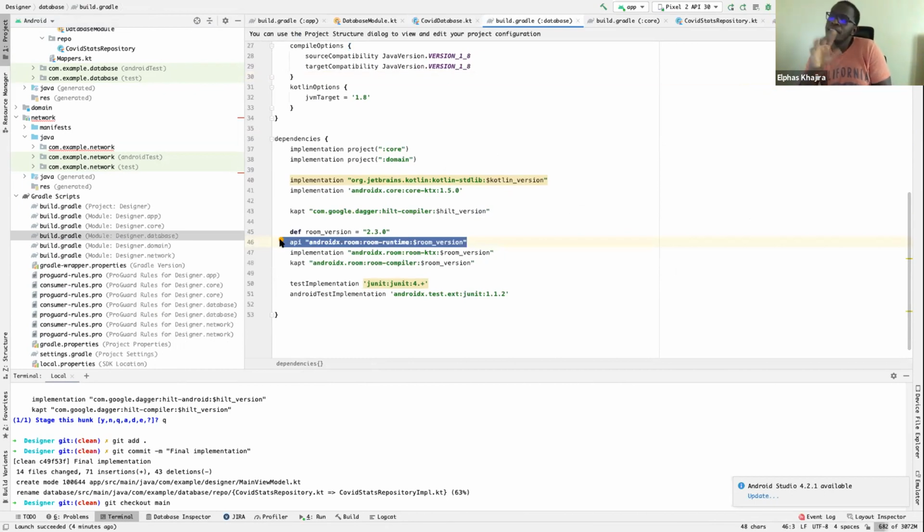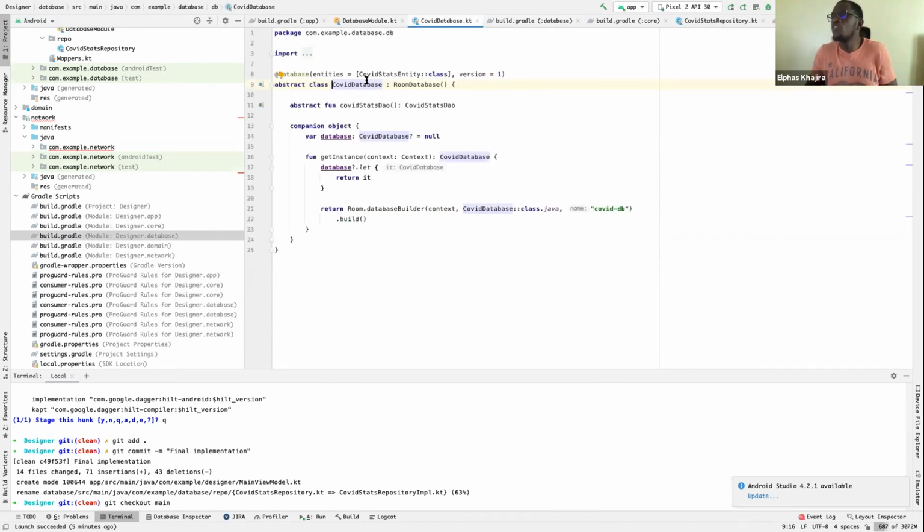But now, here's the tricky bit about it. I want my application module to be able to know how to provide Room, but I don't want it to know the implementation of my database, which is ideally this.